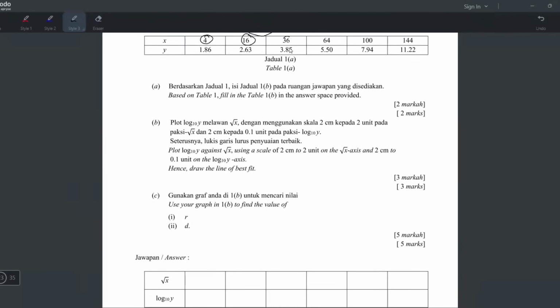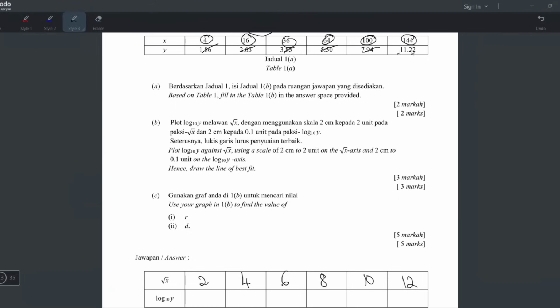All these are the values of x. So how to get the square root x? Just square root all these lah. Square root 4, square root 16, 4. Square root 36, 6. Square root 64, 8. Square root 100, 10. Square root 144, 12. And then for the next part, to find log y, you have to tekan log ini,